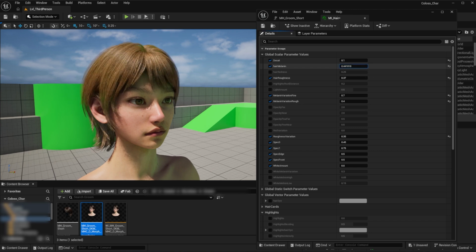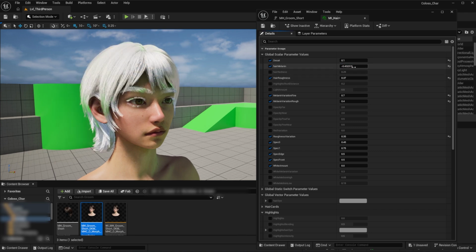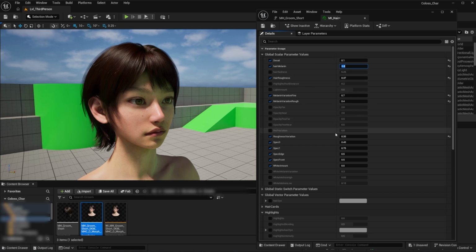But notice how when I turn the melanin down to white, to 0, our eyebrows and hair are also the same color. We don't want that. We want our eyebrows and hair to be separate. Okay, so what we can do is